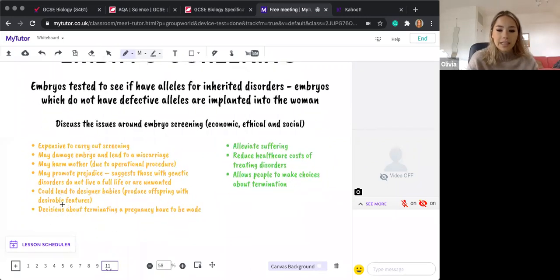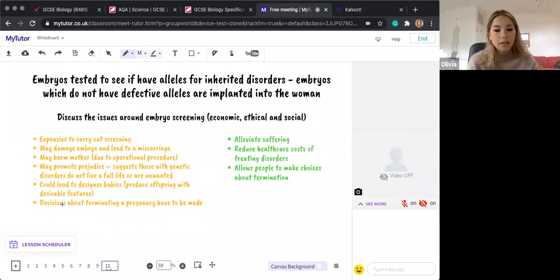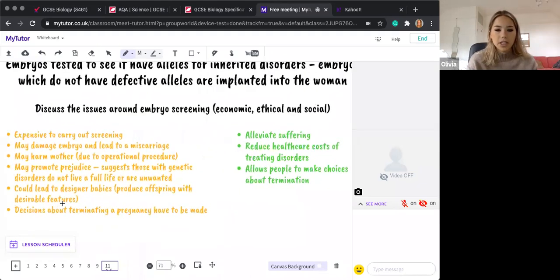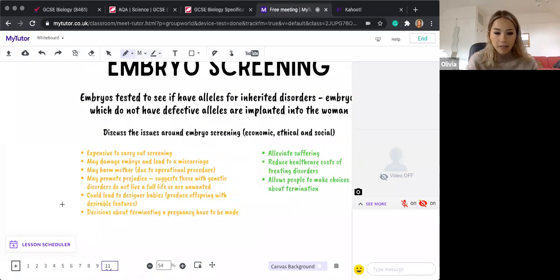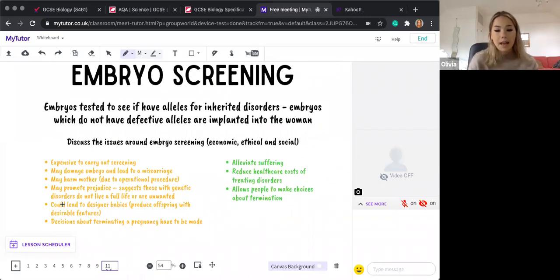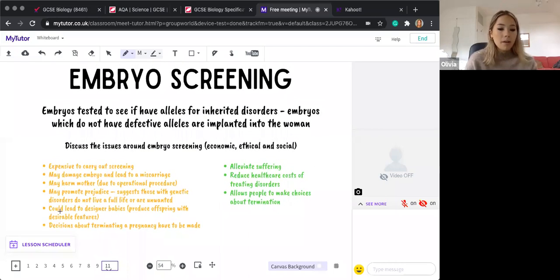Now, you need to really know about the issues surrounding it, the advantages and the disadvantages. So the disadvantages are that it's expensive to carry out, and it might damage the embryo and lead to a miscarriage. It might also harm the mother. And now, these are our 3 best points that I would put in the exam, guaranteed to get you a